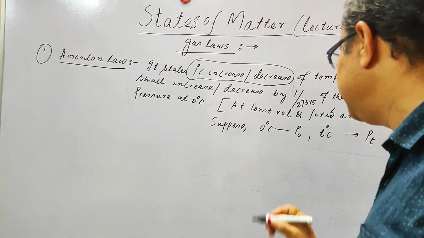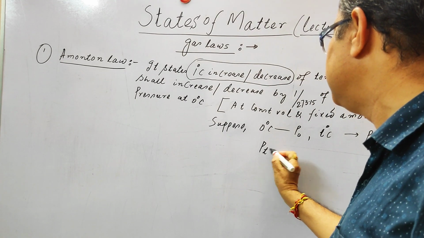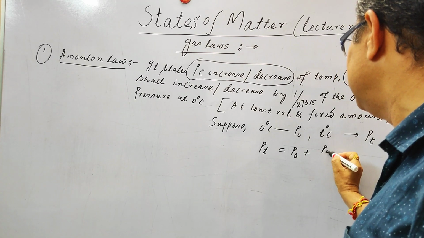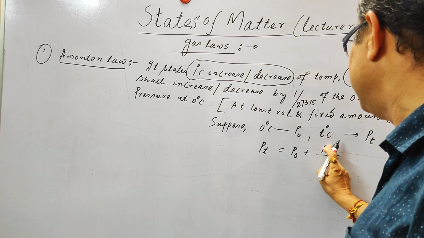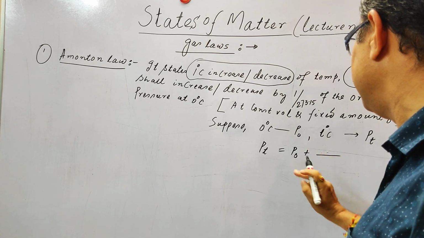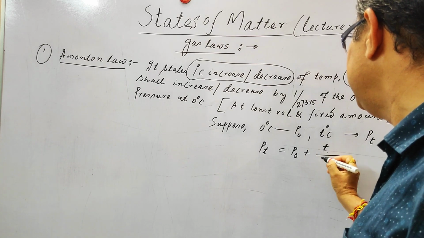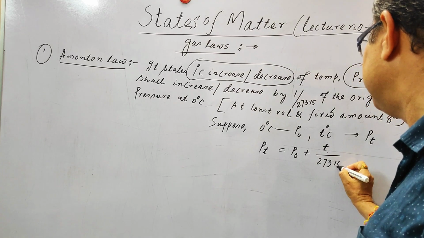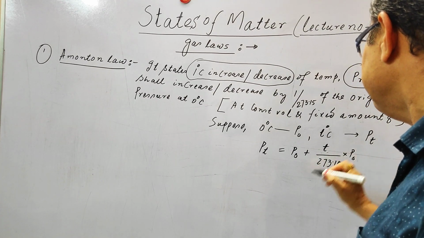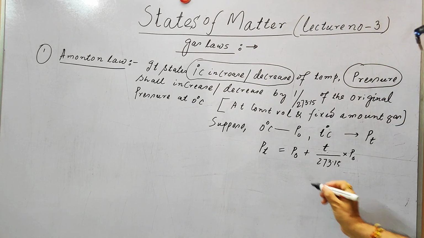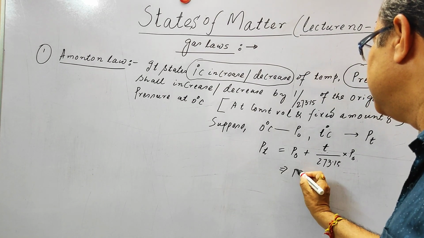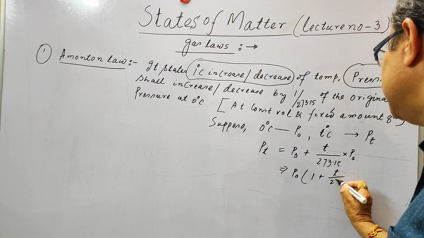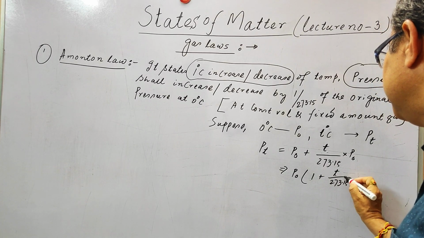So we can say Pt is equal to P0 plus P0 into T by 273.15. So we can write this equation as P0 into 1 plus T by 273.15,